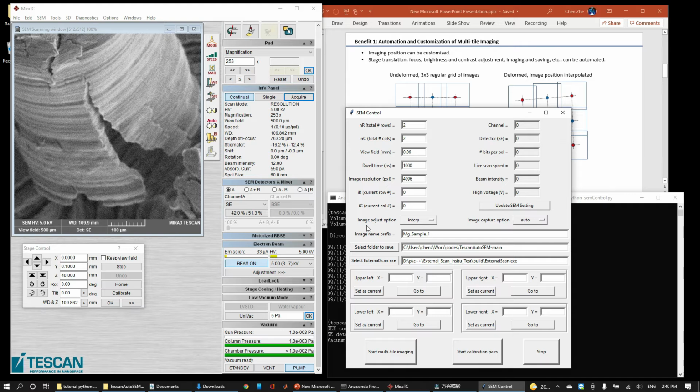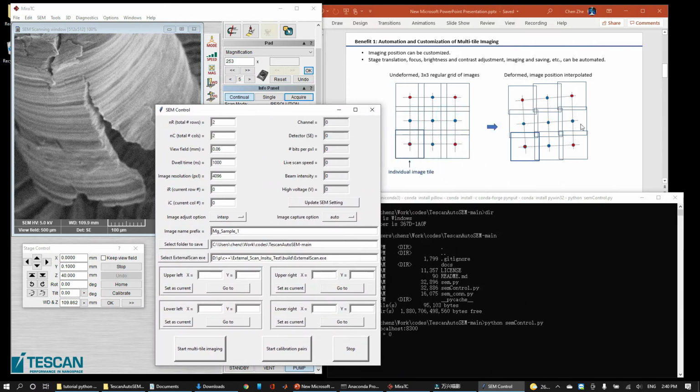We have other parameters that control your image name, where you want to save your image, and where the external scan control executable is located. And the remaining two rows correspond to the positions of these four corner image tiles.